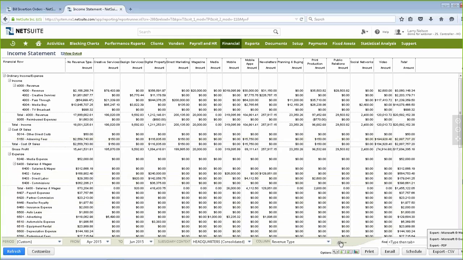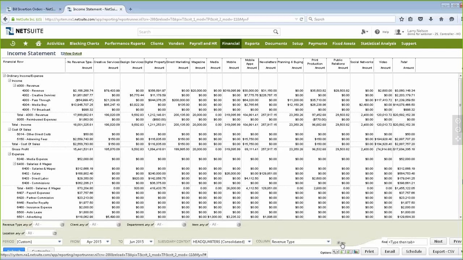Clicking on this More button down here, you'll also see that I'm not limited just to using that type of cell. I can also determine if I want to look at it by revenue type, by certain products, certain departments, customers, see how they're performing with the different types of revenues in our system, as well as different locations or different subsidiaries. So a lot of flexibility on how you're able to see any of your information in the NetSuite system.